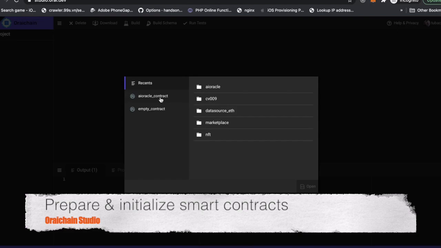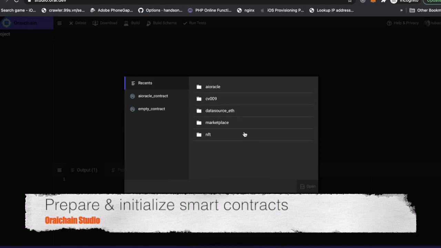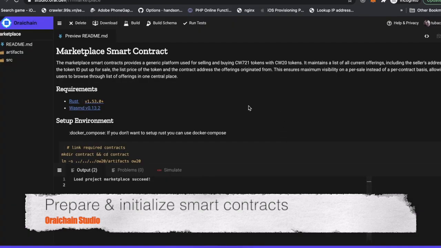If you don't have any project yet, you can choose a template. Here we already have a marketplace smart contract and we click on this to open it.